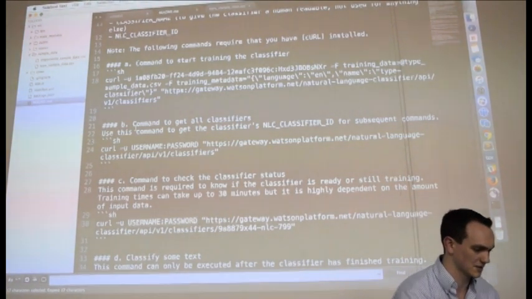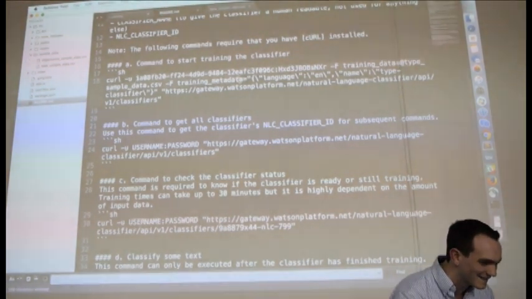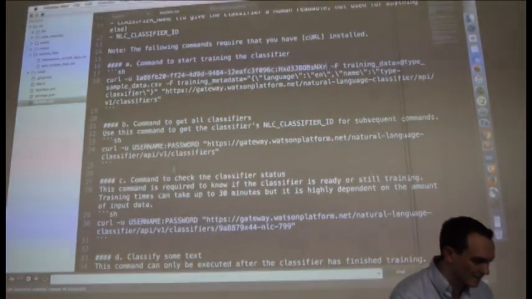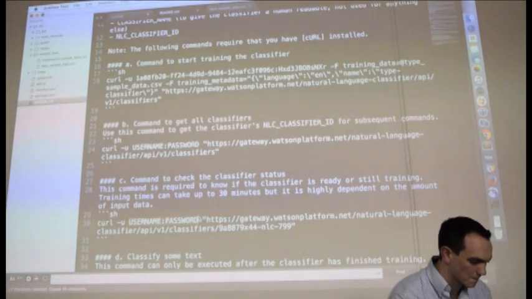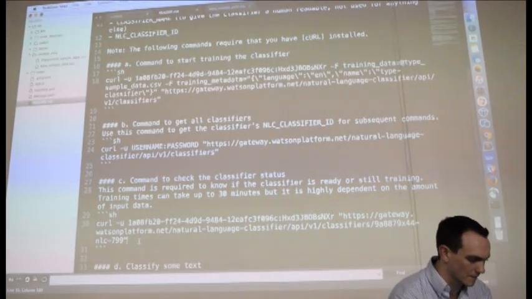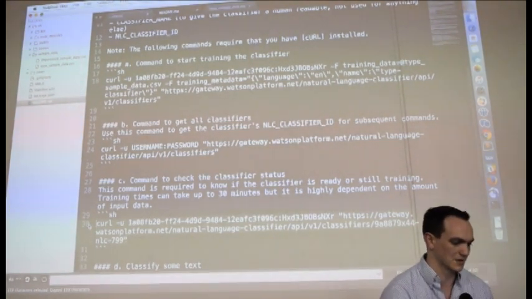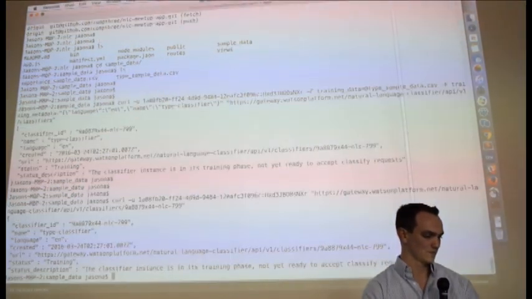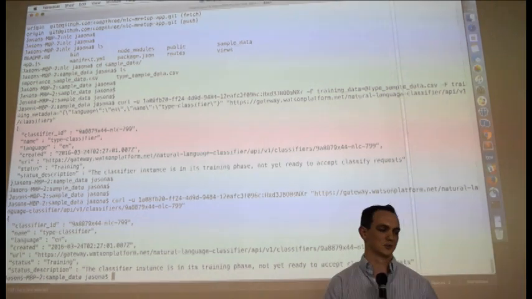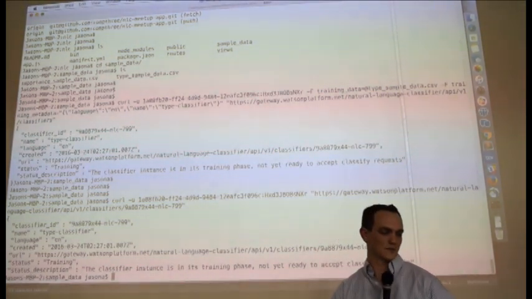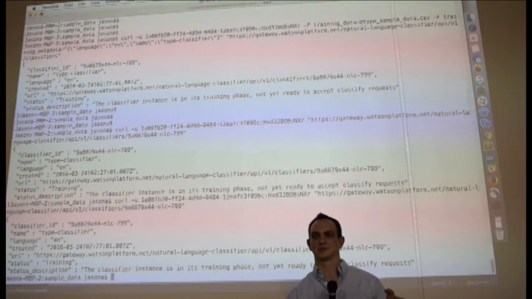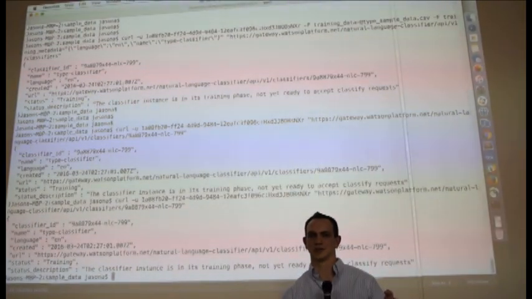Easier to do this two-handed. All right, so now that we have a command, we're going to go ahead and run the curl command. And you can see here it's still training. So you would continually run this command until it says the classifier is ready to accept classification requests.